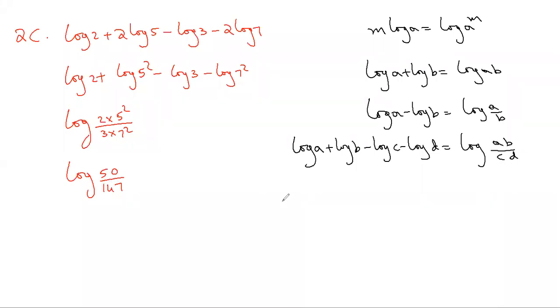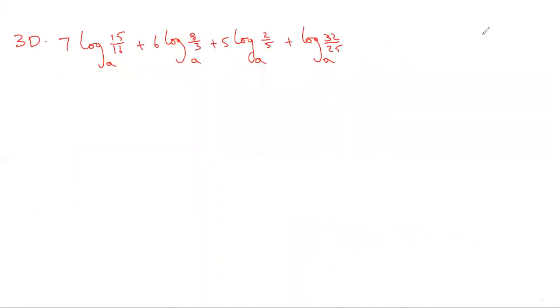Log a base b is different from log a by b. So when I'm writing log a by b, here I'm not writing any base. When I'm not writing any base, it can be anything. There are different bases that we'll take in different situations that we'll discuss later. But any base you are not writing means that's without base. That's the question asked, to find the value of this as a single log function.